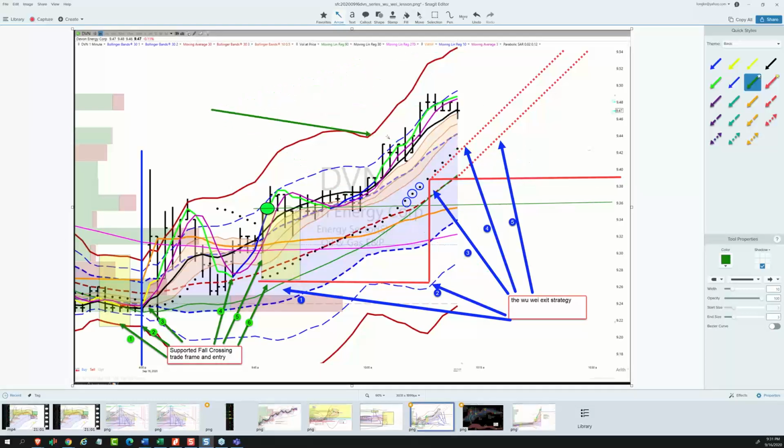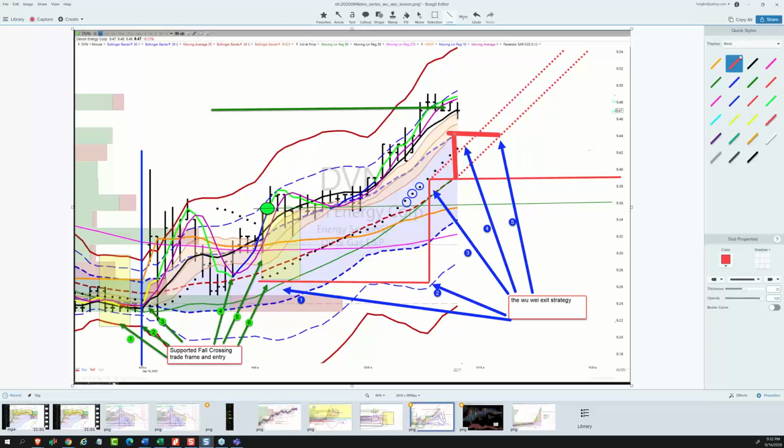Now, there was, hey, Ken, could you put a second? Yeah, you could put a second position in here, or if it breaks out above here, but that's a decision you can make. But if you're just playing it right by the numbers, that's what it looks like. And to be honest, at this point, I would have a real urge to have that second position in, and then have a stop. I would not be offended if you move that stop right up to here. And I wouldn't be offended if you move that stop to here, spine of the dragon or the Z1, and then pick that. That's your call. But the Wu Wei exit is what you see demonstrated here.